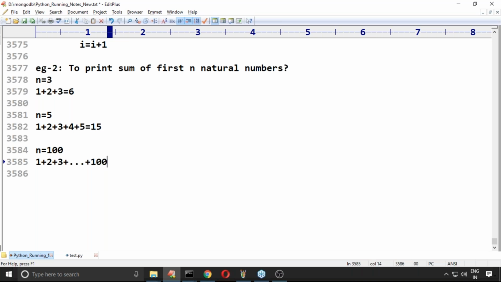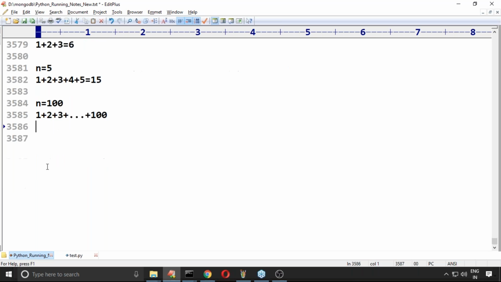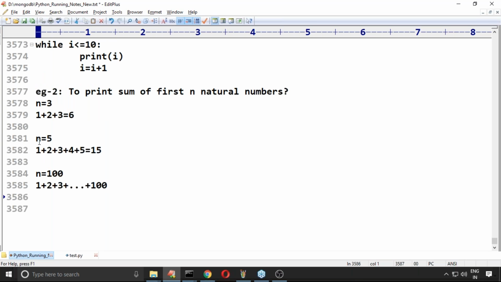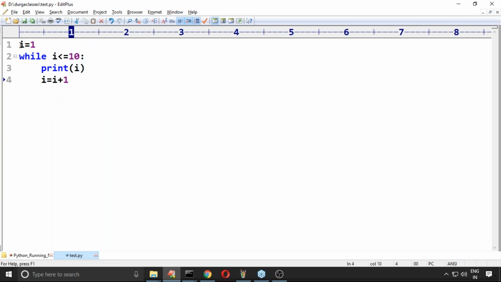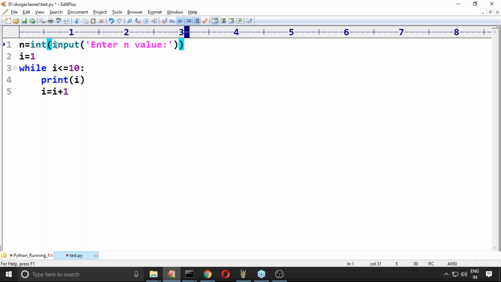Okay. Clear, right? Can I go for this one? Okay. Now a simple example, sir. First read the n value: n is equal to int(input('Enter n value')). Now here i is equal to 1, total is equal to 0. At the beginning the sum value is 0, sir. Total is 0, i is equal to 1. Okay. While i is less than or equal to n,